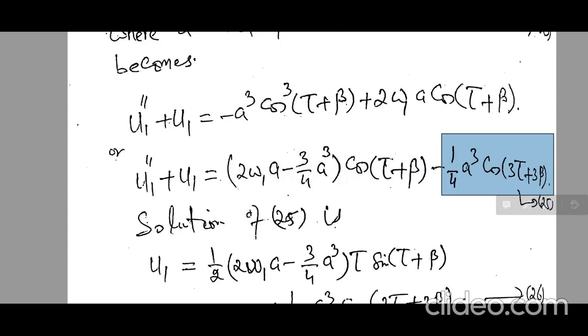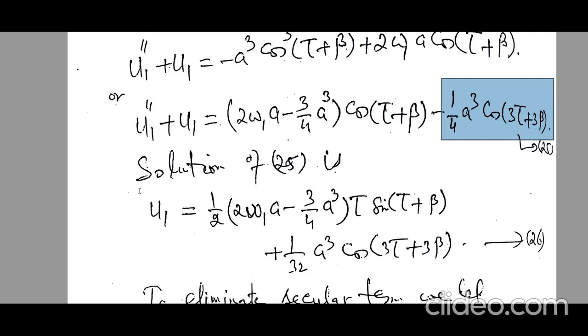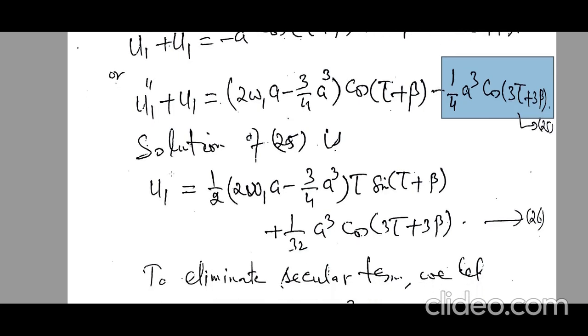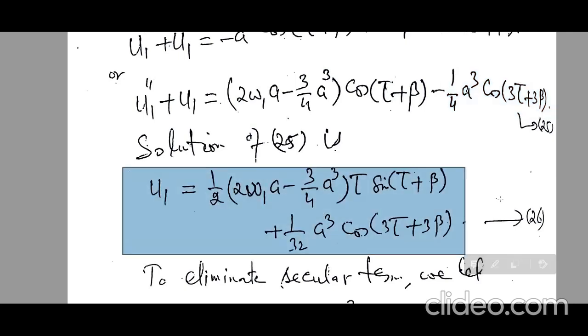Now the solution of this equation 22. Once again, this solution can be determined with the help of undetermined coefficient methods. First you have to find the complementary function and then you will find the particular solution. Therefore, the final value after adding u1c and u1p, that is the general solution of u1, is given by